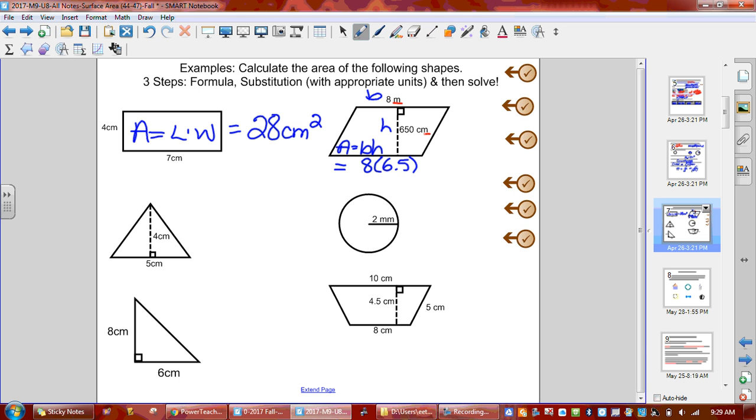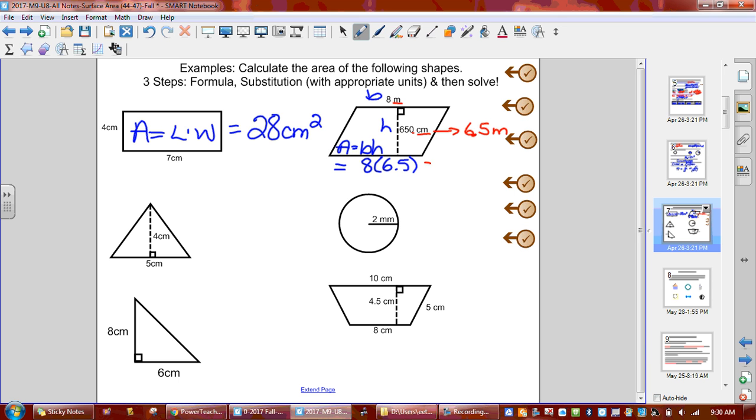If we look on the left one, we have centimeters and centimeters. The units are identical, so we're fine. So this guy, we had to move our decimal, which is hiding after the 0. We had to move it 2 places to the left. That's why it became between the 6 and the 5. So 6.5. So now we're going to take 8 times 6.5, and that's going to give us 52 meters, not centimeters, pardon me,